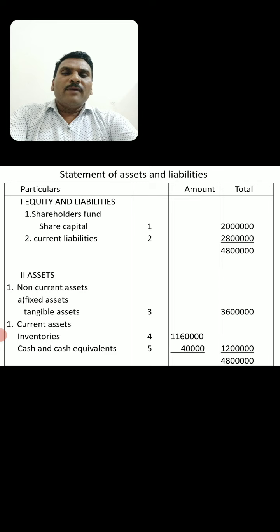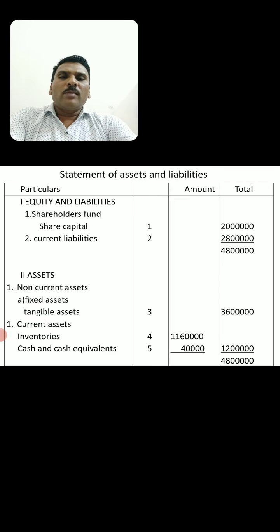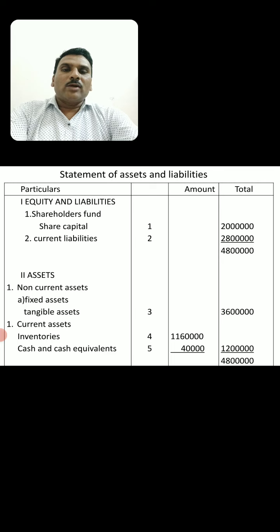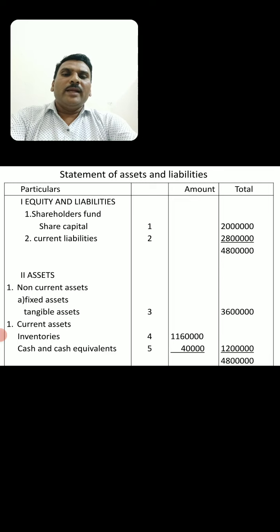So here first we will see, as per note number 1, share capital is 20 lakh only. The old share capital was 40 lakh because the face value of the share was 10 rupees and the shareholders sacrificed rupees 5 per share. Means now the number of shares is the same, it remains constant. Only the face value of the share was reduced, 4 lakh shares at rupees 5 each, means it is 20 lakh, and the current liability is 28 lakh. So there is no change in the current liabilities. So the total is 48 lakh.